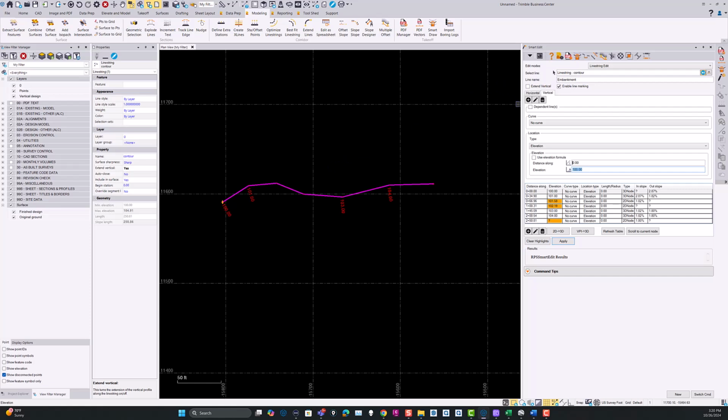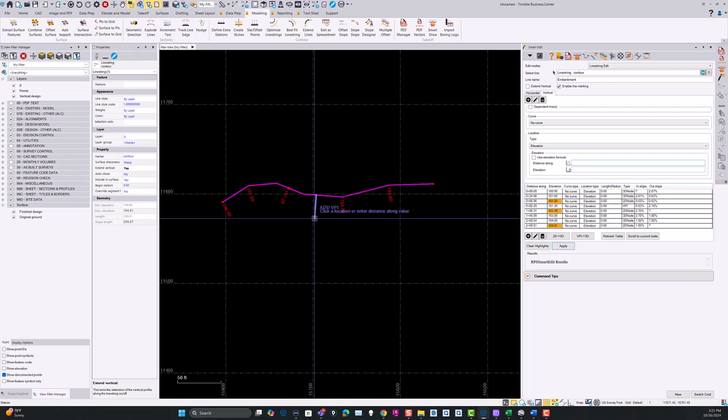So if I want to go to add VPI mode, now you're in add VPI mode, and it immediately snaps to the rubber band and puts you into the distance along function. And when you click on a location, you can add the elevation at that point. So I'm going to go 101.3, and as soon as you've done that one, it's ready for the next one,